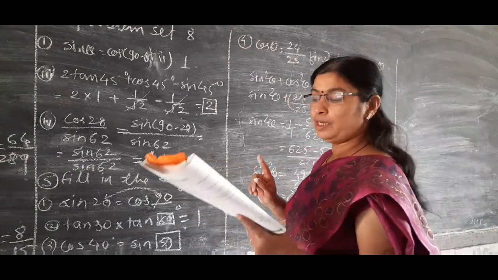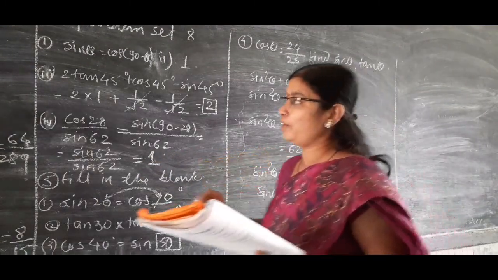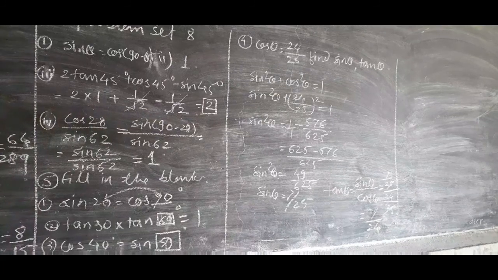In this way you have to find out the answer. Only in question number 3 you have to find out. Now in question number 3, what is given? Here 8 is given, 17 is given. So here you have to use Pythagoras and then find out the answer. Here by using Pythagoras, 17 square minus 8 square, and then you get the answer. In this way you have to find out the answer.